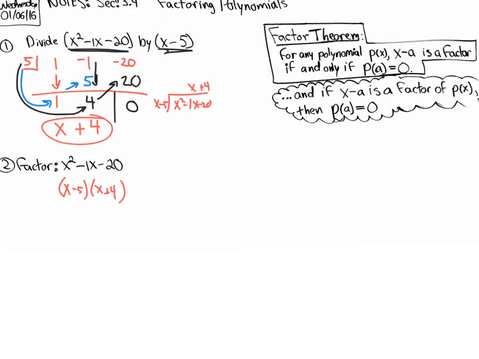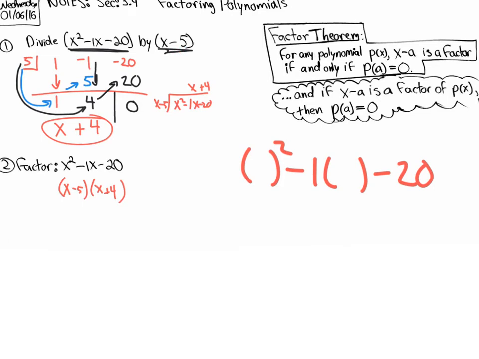Remember, it says x minus a, we have x minus 5, so the a value would be 5, okay? So it's saying that if you plug in the a value using synthetic division or even regular substitution, check it out. If I use regular substitution on the x squared minus 1x minus 20, I'm getting that from here. And I substitute the a value, which is really negative 5. Let's plug in, actually not negative 5, it's positive 5,